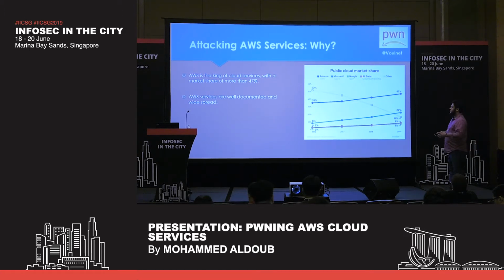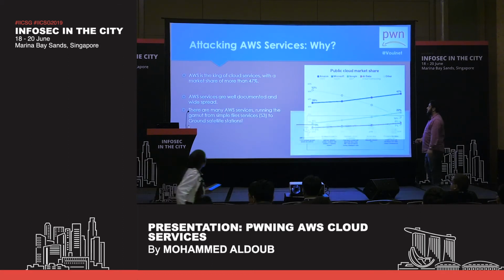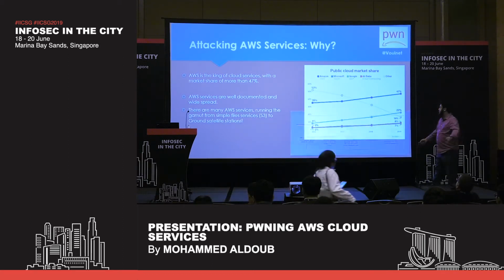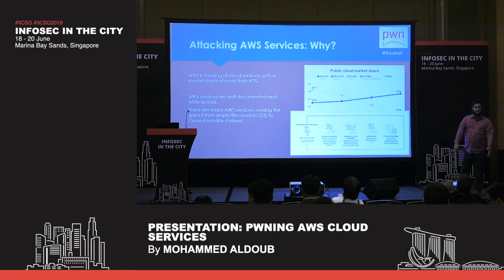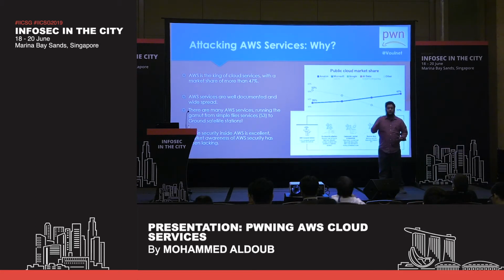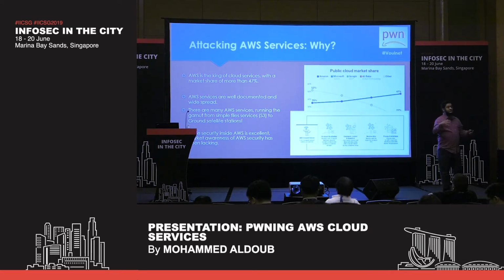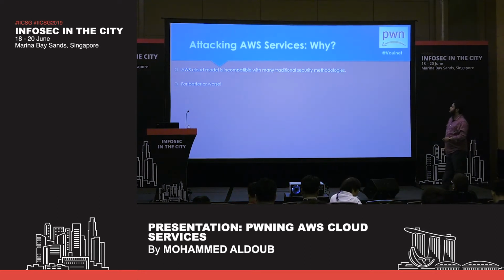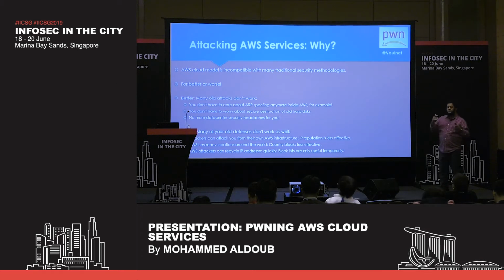AWS services are well documented by Amazon, and they are widespread. Amazon gives you services from file management to even satellites. Amazon actually has a service where they can give you satellite connections. So Amazon really does everything: file management, servers, data management, account control. Even though Amazon itself has really good physical security and networking security, in the end, the environments or infrastructure owned by the clients are the responsibility of the client. So Amazon has something called the shared responsibility model, where Amazon does things for you, you don't have to worry about them anymore, and you still have to handle your own part of the